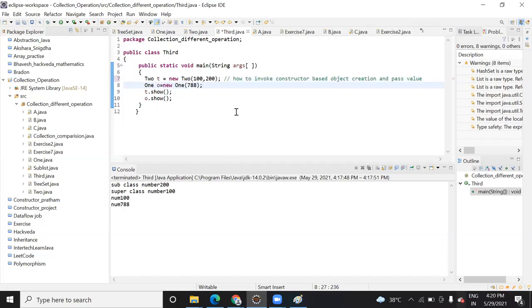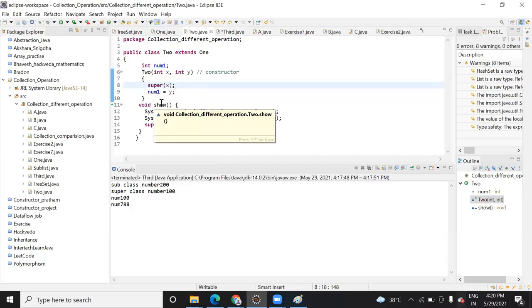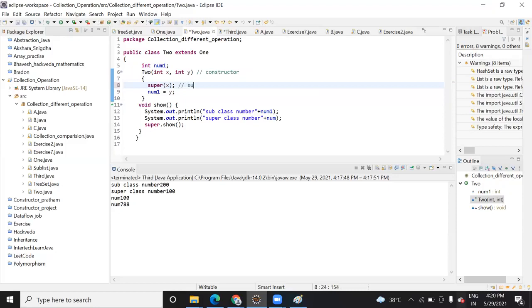So this is one program where I have explained how you can use a super keyword. In future, suppose there is a requirement that you want to access the element of a parent class and assign a value to it, then with the help of this super keyword, you can assign a value to the parent class object or variable.